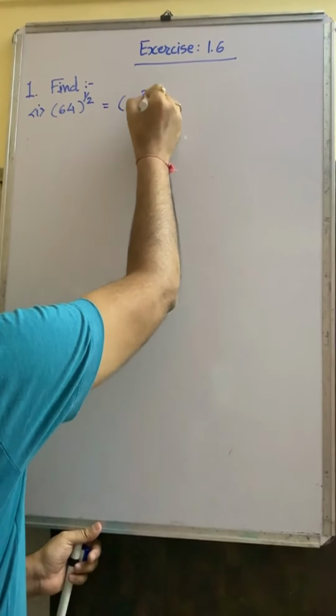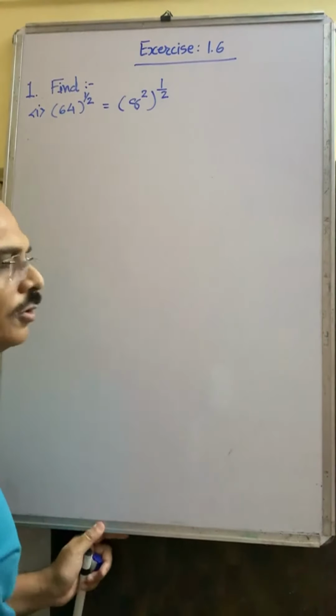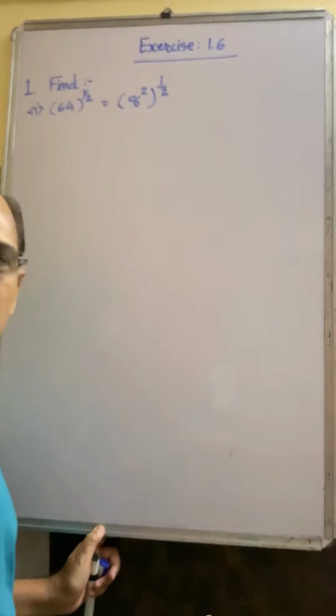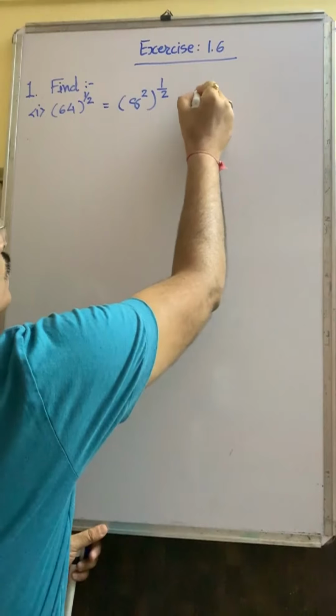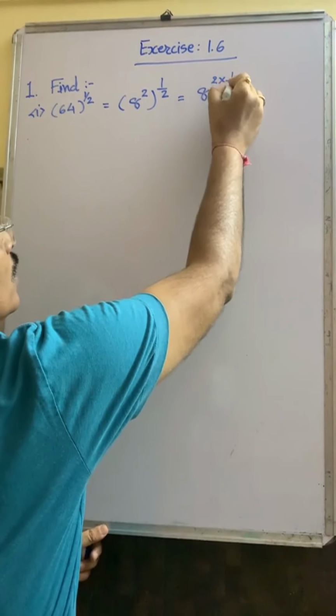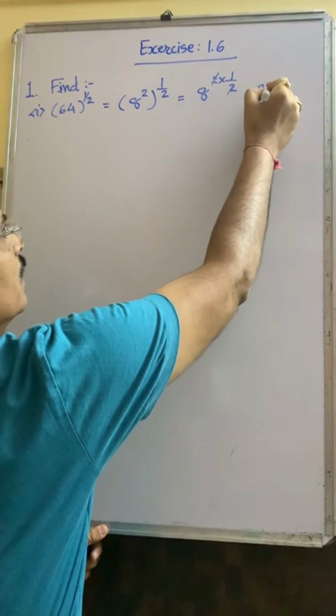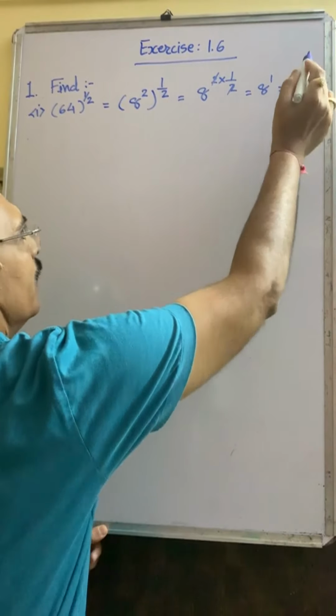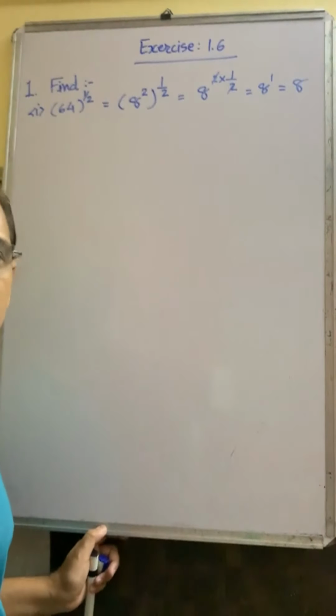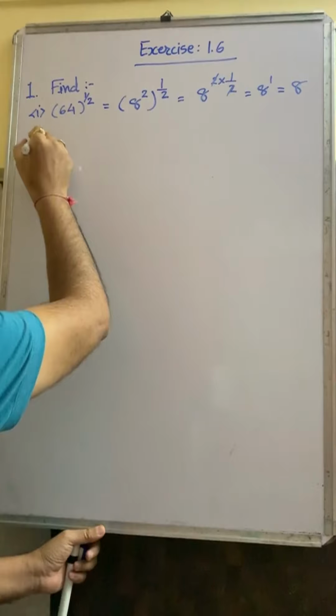8 square, whole raised to 1 upon 2. You know the rule, power of power means multiplication. So 8 raised to 2 into 1 upon 2. 2 cancel, that is 8 raised to 1, called 8. Is it okay? Second number,